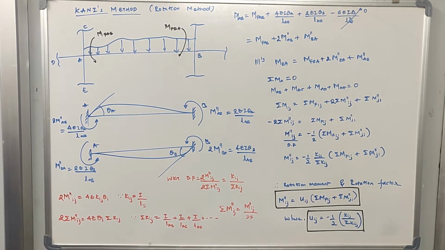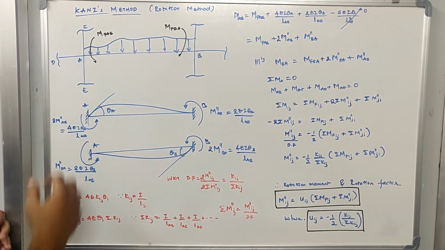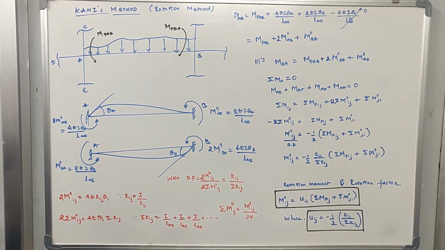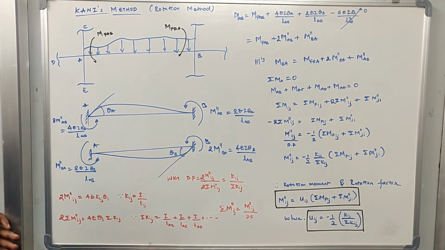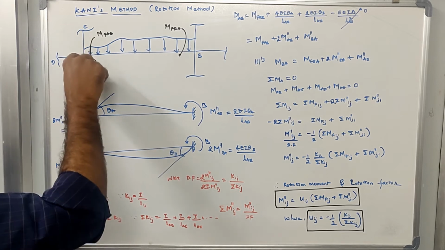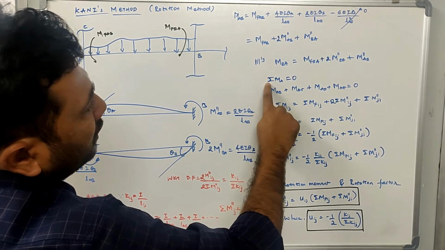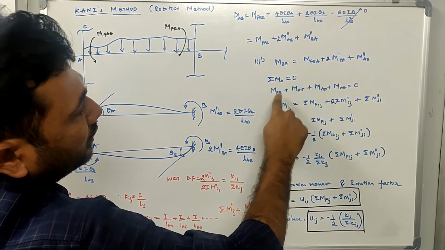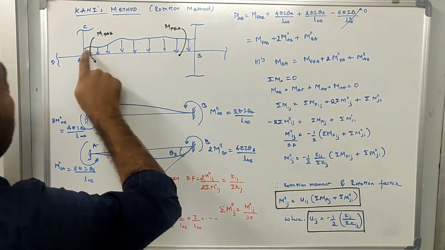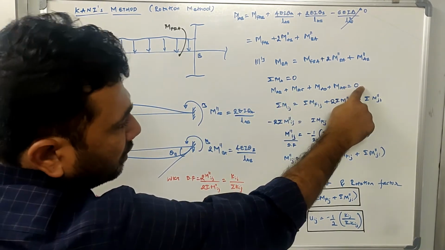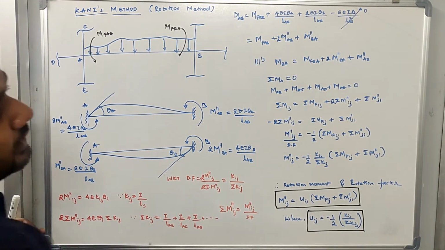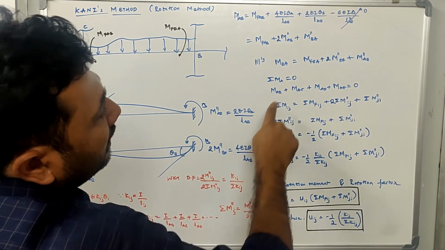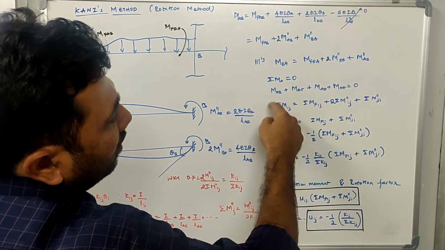Okay, the next thing we do is that at this particular joint, the summation of all the moments should be equal to 0. What does it mean? There are moments like MAB, MAC, MAD, MAE generated. If I take the summation of all those moments, it should be equal to 0. So the summation of all the moments at joint A will be equal to 0, which means MAB, MAC, MAD, MAE should sum to 0. So I can call them the summation of Mij values. The near end will be called I, the far end will be called J. That's why they are called Mij values.